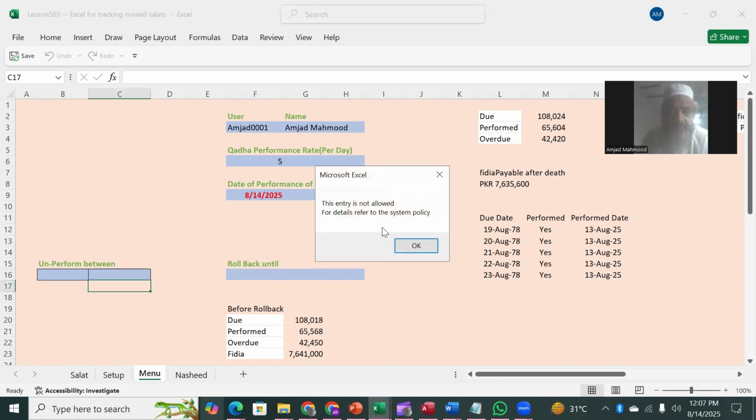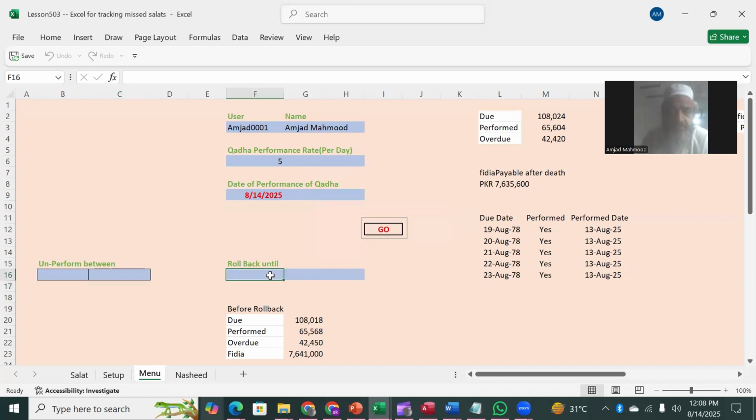If you click on it, it will restrict you because you cannot do any post-dated entry. Anything higher than yesterday's date is going to be restricted. So today is the 14th, so that's why a date of performance equal to or higher than the 14th of August is restricted by the system, right? And you can do the rollback until some date. For example, you want to roll back until the 10th